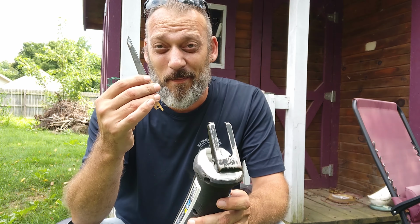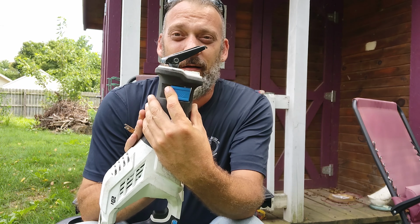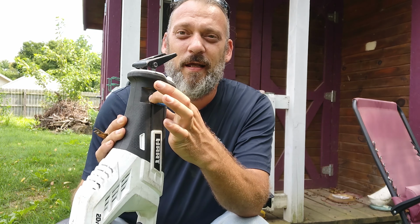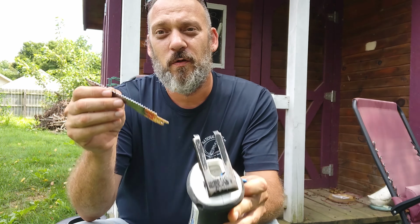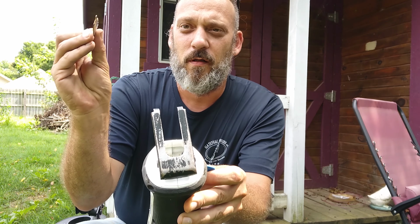Next thing you want to do is you're going to get your blade, if you're putting one in. There's a blue button here. Pull it all the way open. Now you got to hold it there, because that's what allows you to put the blade in. Then you're just going to slide that blade right under that hole, that butt end of it,